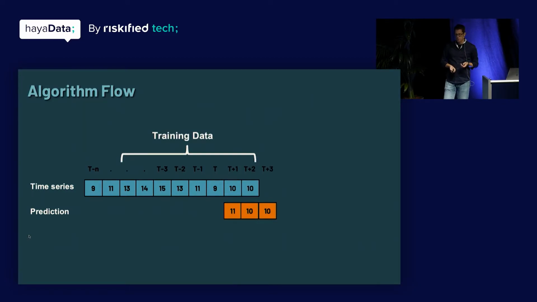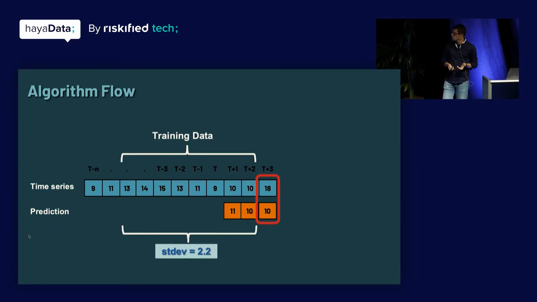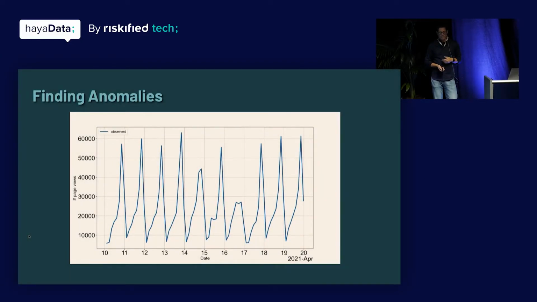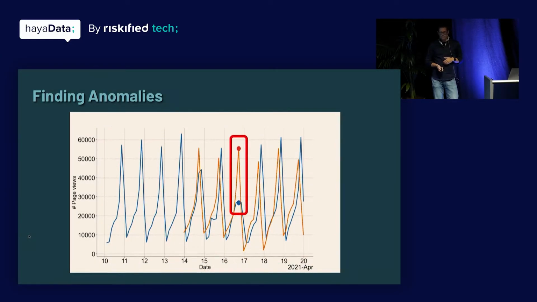And if we get to some point where suddenly we have a data point that's totally off, like in this case, that it's 2.2 standard deviations, we would declare this as an anomaly and send an alert. All right, that's great. If we look at a graph of how it looks over time, we can see the data here. This is the prediction. You see the prediction is off from the actual data. Again, this is an anomaly.